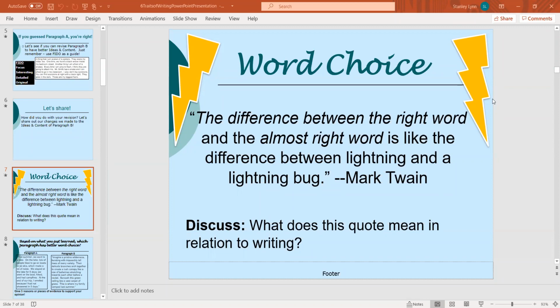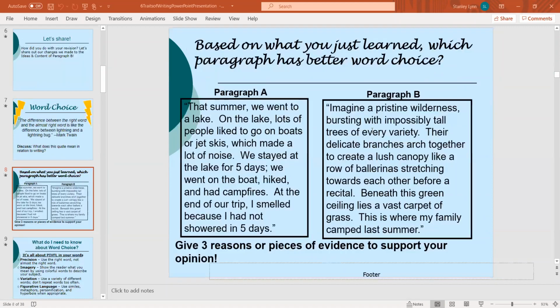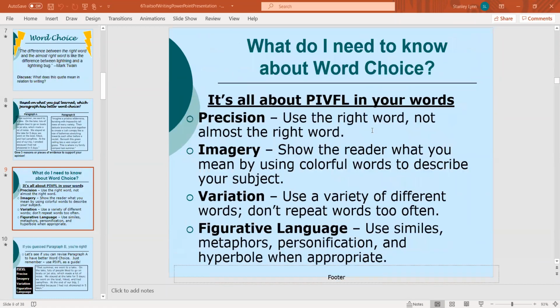The difference between the right word and the almost right word is like the difference between lightning and a lightning bug. This is a quote from Mark Twain. What does this quote mean in relation to writing? Does everyone know? Okay, what do I need to know about word choice? It's all about